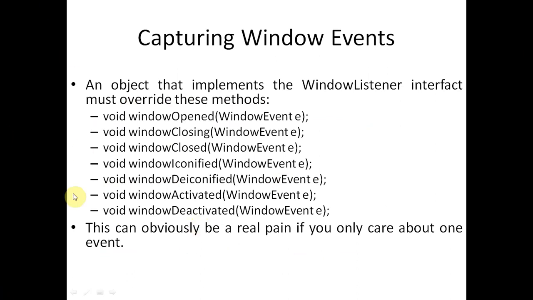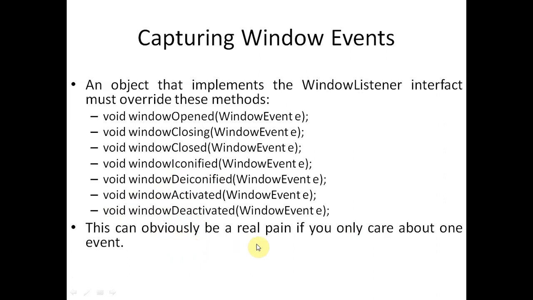And this is the list of all window related event functions, and an object that implements the WindowListener in fact must override these methods. So windowOpened, windowClosing, windowClosed. Closing means when we are attempting to close, and closed means when we have closed the window. And windowIconified when we are minimizing the window, and windowDeiconified when we are converting the minimized window into a normal window, and windowActivated and windowDeactivated is the opposite of the activated function.